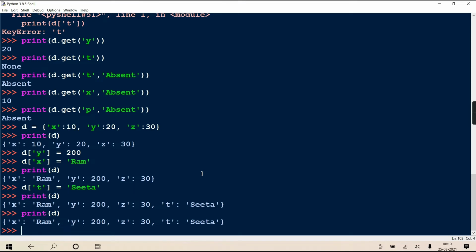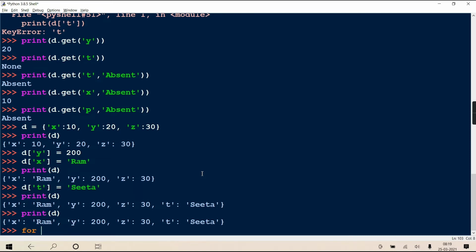You can use a similar for loop for dictionary also, because dictionary is also an iterable object. So you can use normal standard Python for loop to traverse dictionary, as like you're traversing a list or a tuple.